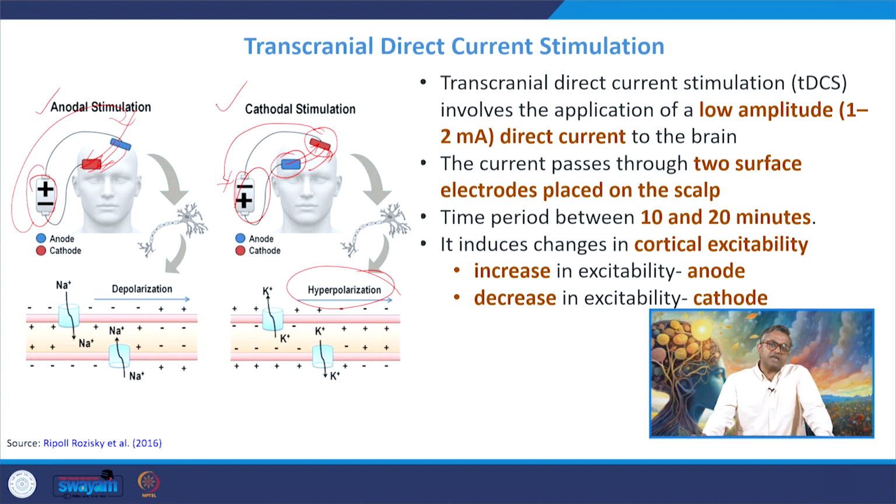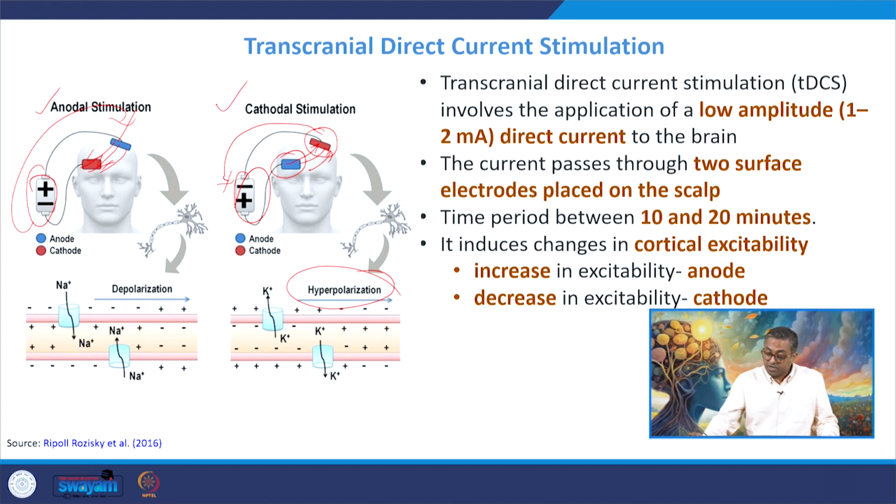Now based on the design of the experiment and the researchers' hypothesis, researchers use both types of stimulation differently in their designs. One has to also ensure that tDCS is task dependent, which means when an individual is doing the task, then you do the stimulation to see the robustness in the effect. If you are doing the stimulation before or after the task, then the results may vary and may be inconclusive also. So in order to ensure that neurostimulation engages with the task, it has to be done during the task.